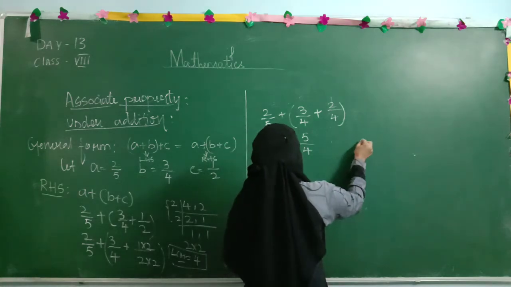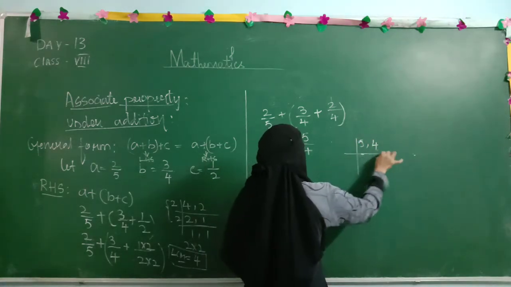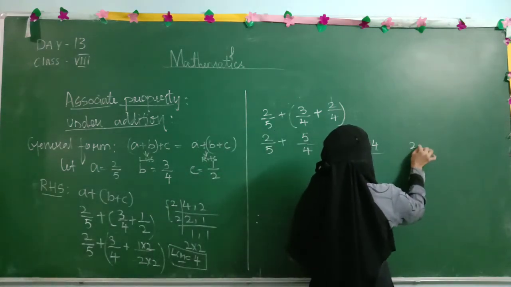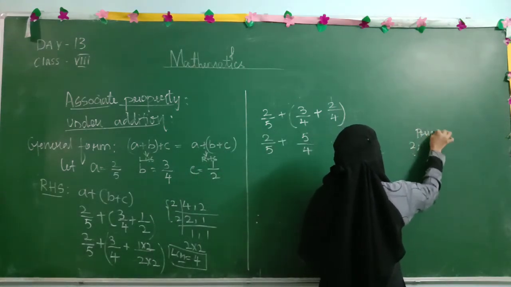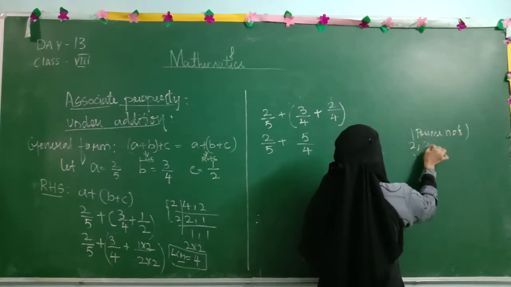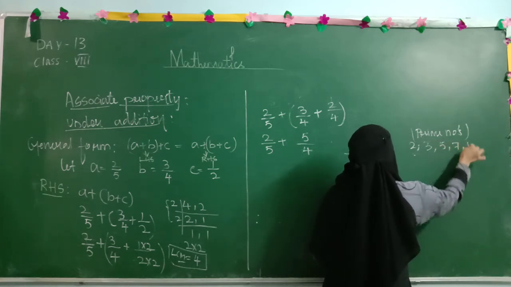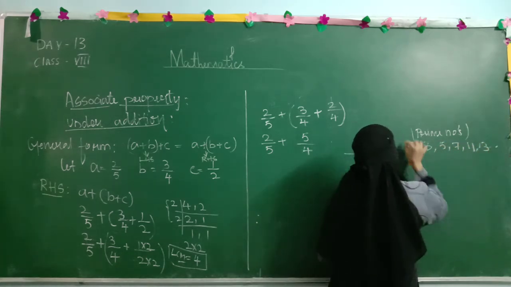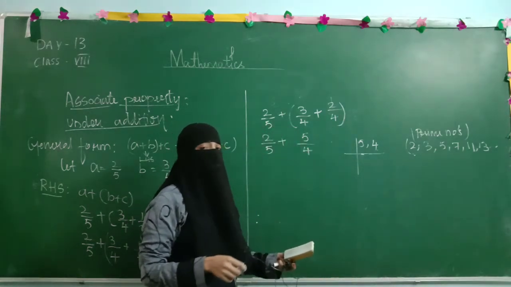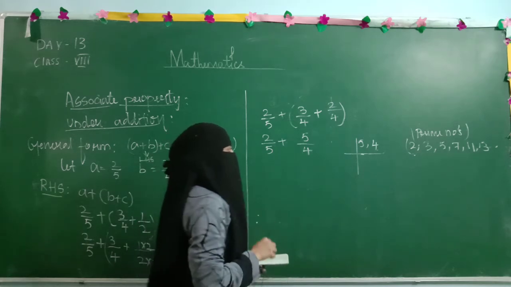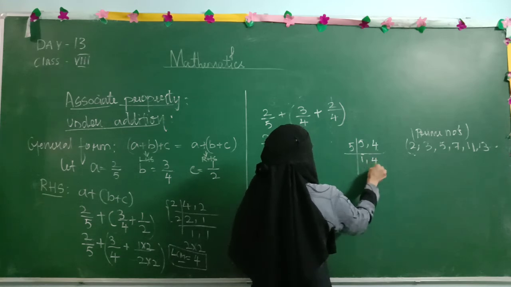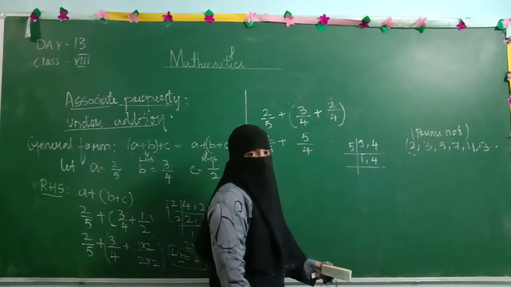So let's check out 5, 4. We need to take out the LCM by using the prime numbers. What are the prime numbers? Have you remembered? The least prime number is 2, 3, 5, 7, 11, 13, and so on. The numbers which are divisible by 1 and itself are called prime numbers. So here I will start with 5. 5 ones are 5, 4 as it is. 4 I can't choose because it is a composite number.